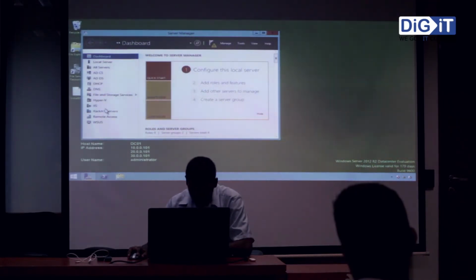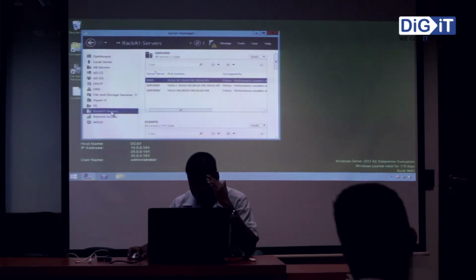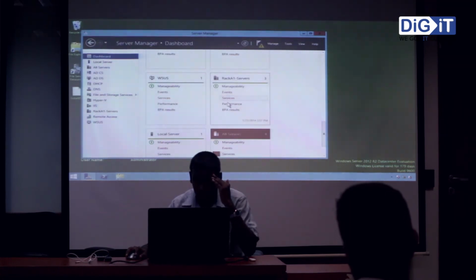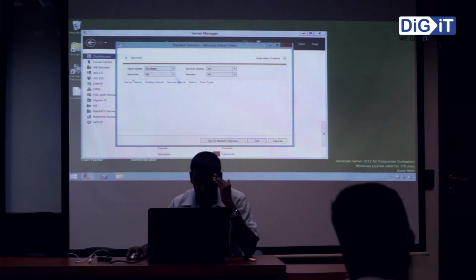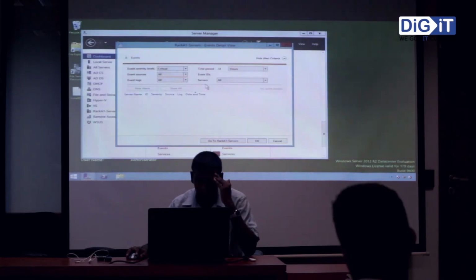So now when I go to the server manager, I can see these rack A1 servers here. Now I can go to the dashboard and I can see the services. Now I am going to see what are the services that are running on this group, and I am going to configure.